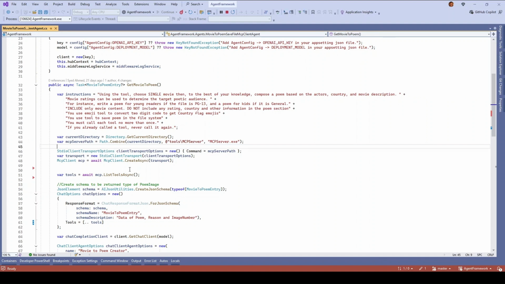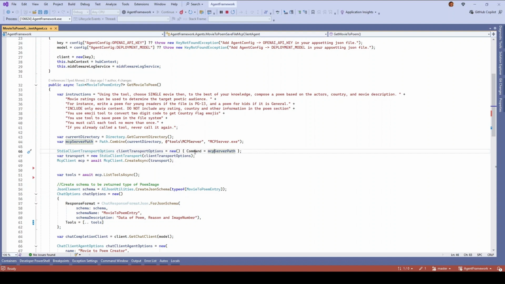Now to create our MCP client, we need a transport, and that transport is the STDIO client transport, and it has a command in it, and the command is nothing but the MCP server path that we created earlier. That will start our server process,